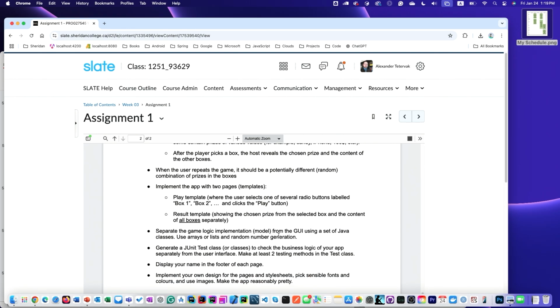Just use a reasonable number, like 3 or 4. In the play button, display some closed box images next to the radio button, so you can show how to display images. When you click the play button, it goes to the next page and displays your prize and the contents of the other boxes. So the user kind of